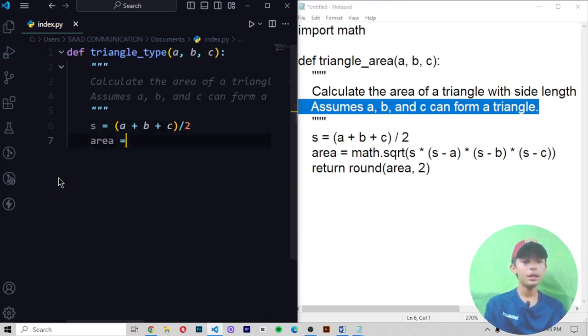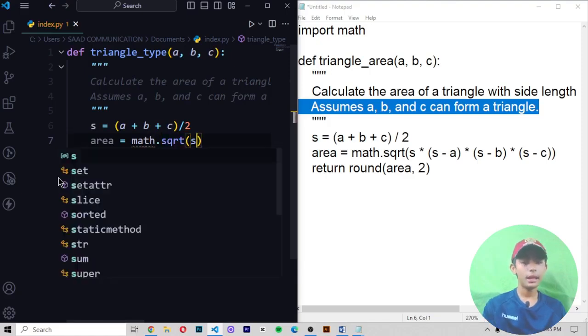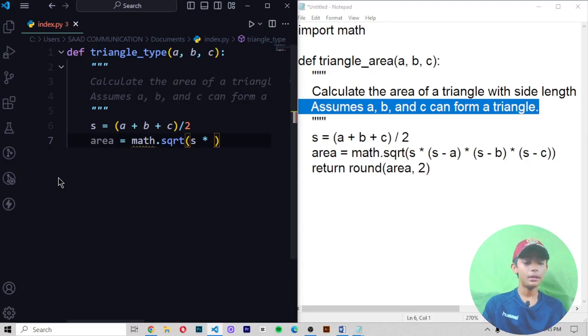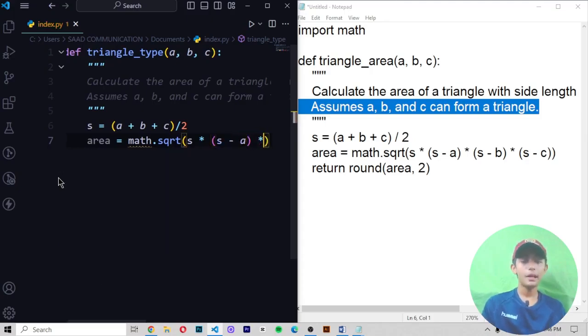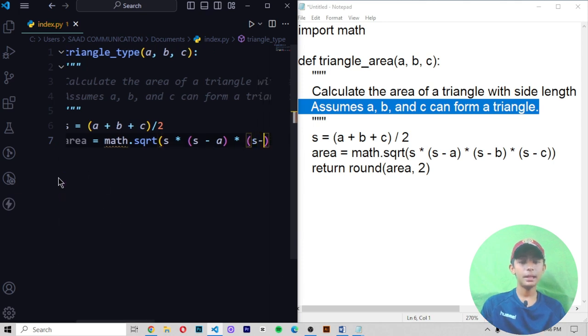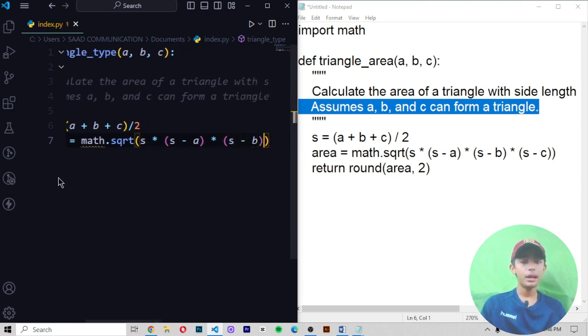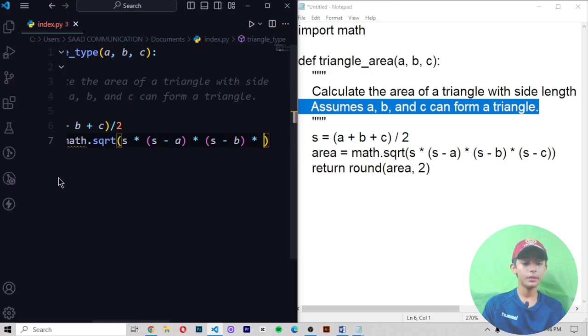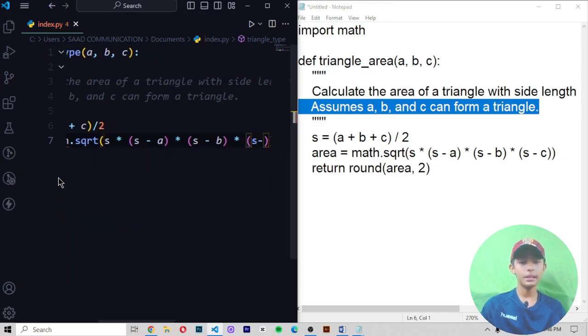Then area equals math dot sqrt of s, multiplied by s minus a, multiplied by s minus b, and multiplied by s minus c,